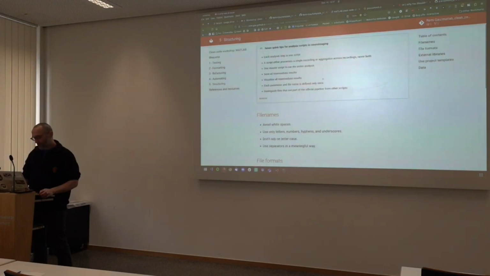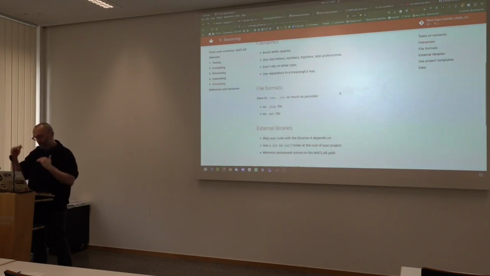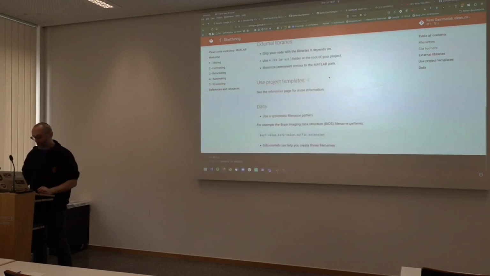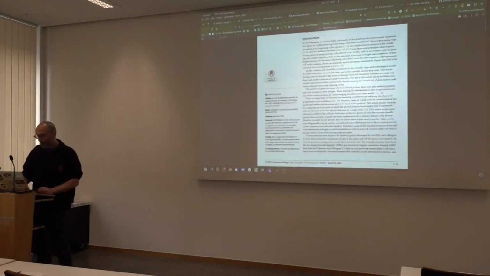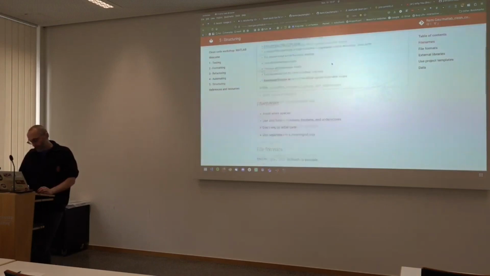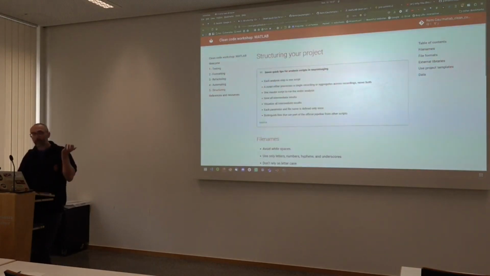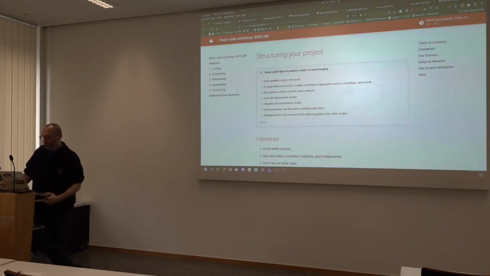Yes, there is this paper that I kind of like because it highlights how to break down your code for a typical analysis, not just of neuroimaging but in general. It tells you, I think I've put all the simple rules, that each analysis step is one script. The script either processes a single recording or aggregates across recordings, but it never does both. It goes back to this idea that a function only does one thing. You make sure that you have very simple steps.